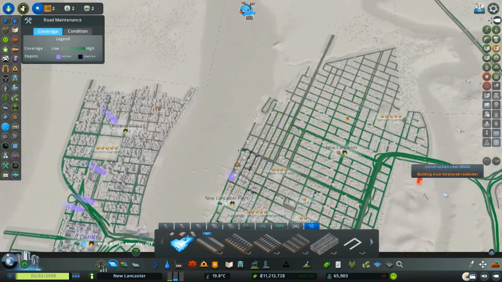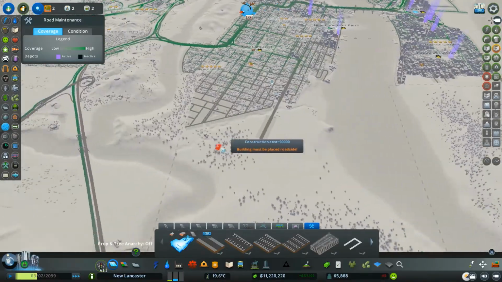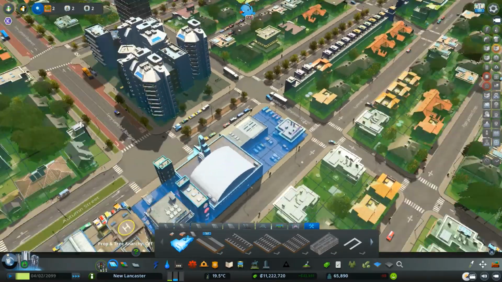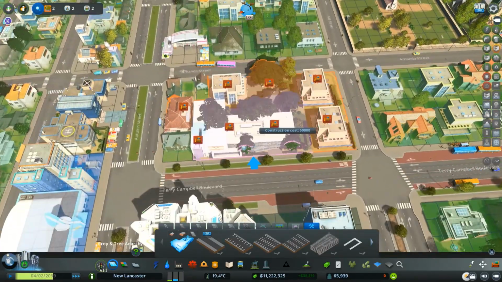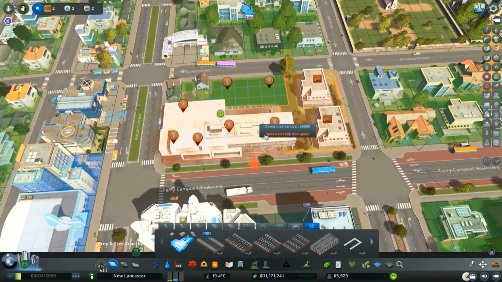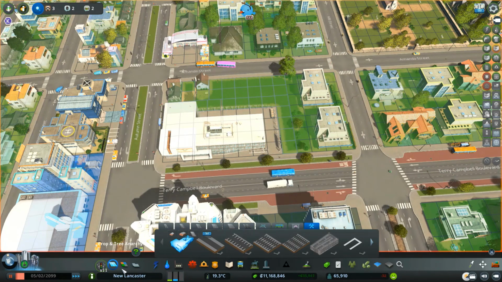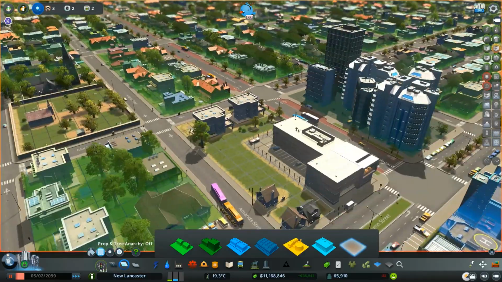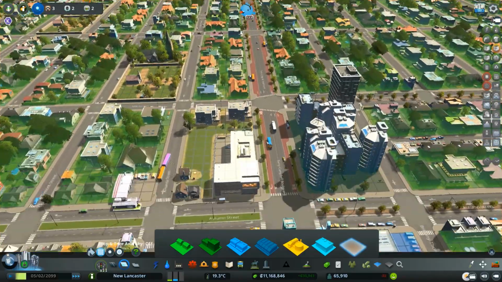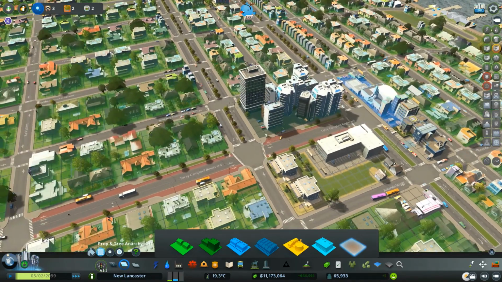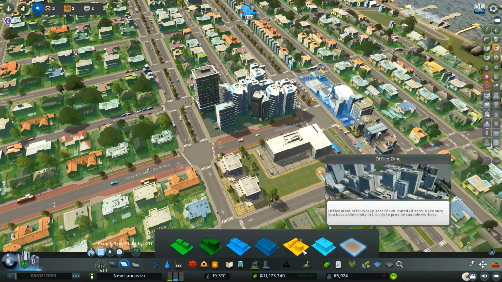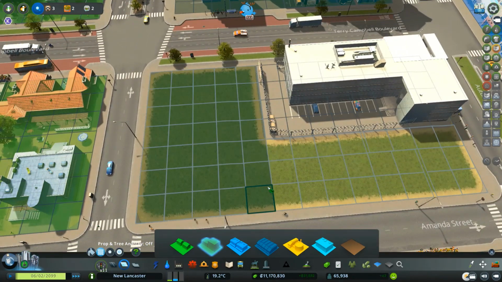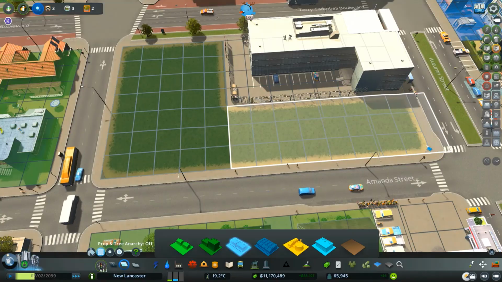So now we need one in New Lancaster and probably one in the downtown. So we're looking for a spot that has the ability to have office type buildings, and that is almost too perfect. I'm going to de-zone this whole square because I think we're going to need something else. Because this is high density residential, so I think maybe we make this high density residential. We make that high density residential, and then we can make this commercial. How about that?